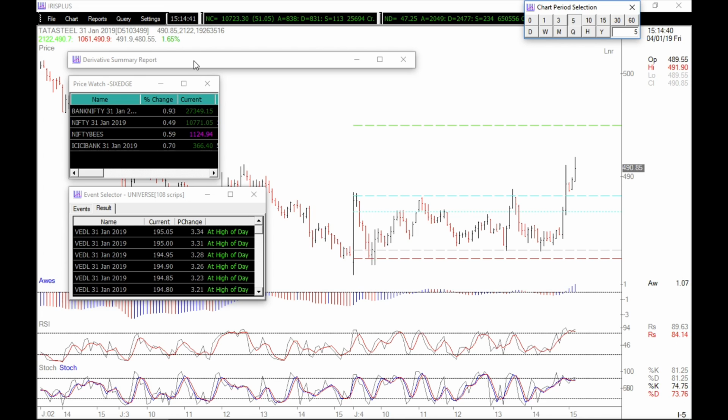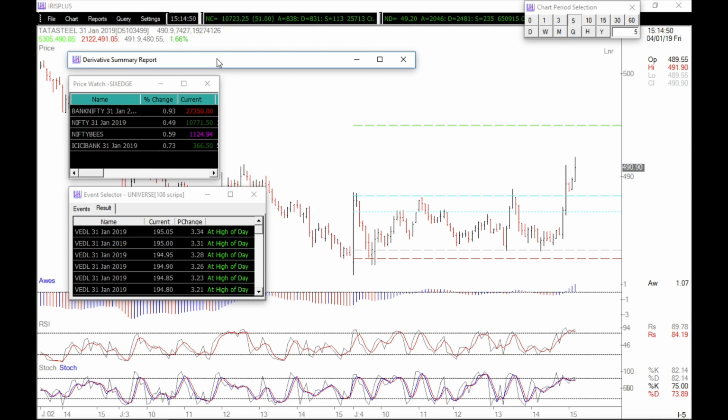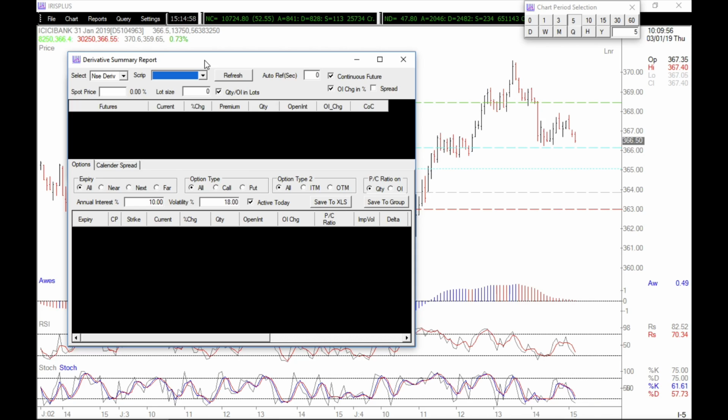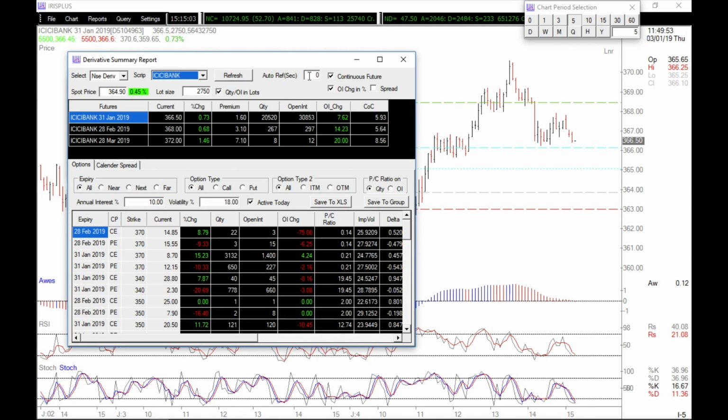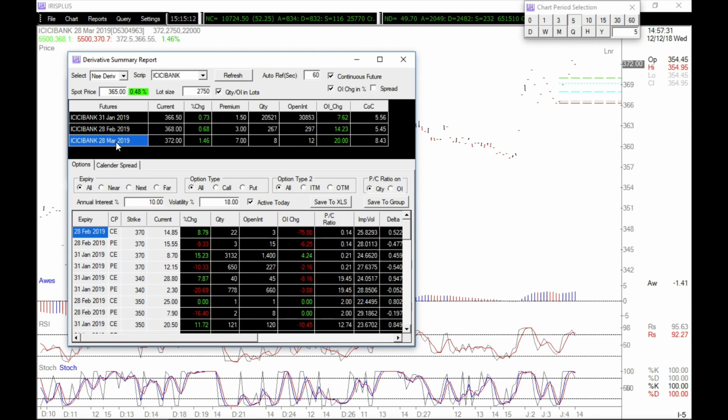Then on the top, let's say I have this derivative summary report open. This I mainly do for any kind of option trades or just to check the near month, far month difference. For example, as you can notice, I have interest today in ICICI Bank. So if I want to take a call or a put or something in ICICI Bank, come here in this box and I say ICICI Bank, all right, and I auto refresh it for like 60 seconds and I set refresh. When I do this, on the top I get three near month, next month and far month futures of ICICI Bank, and this is near month,